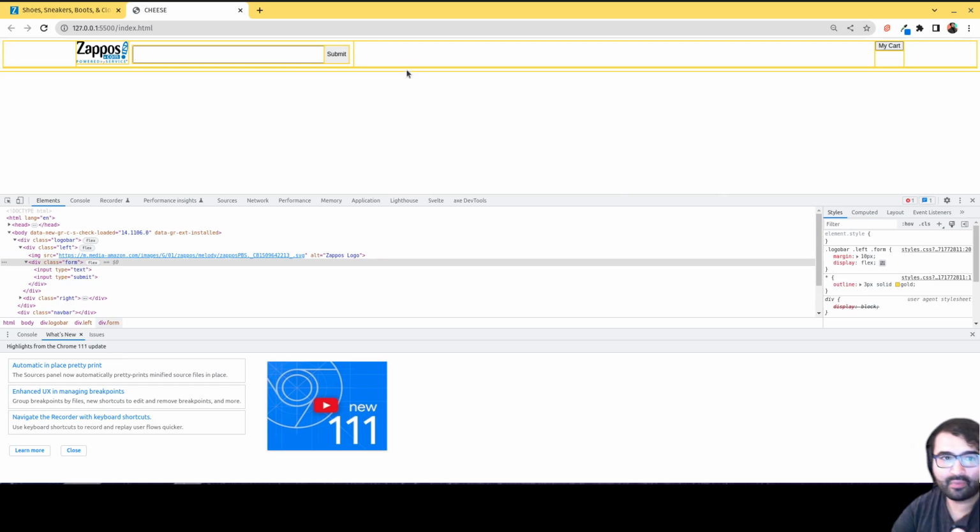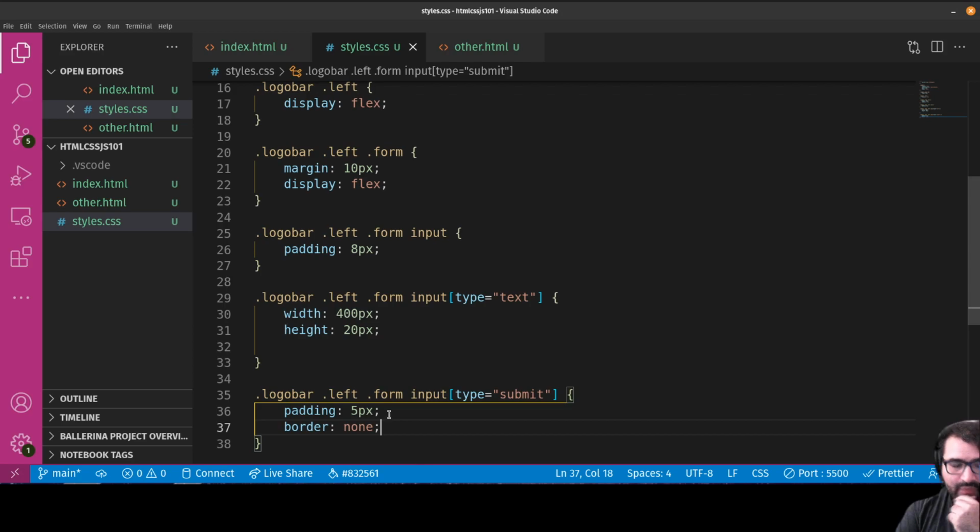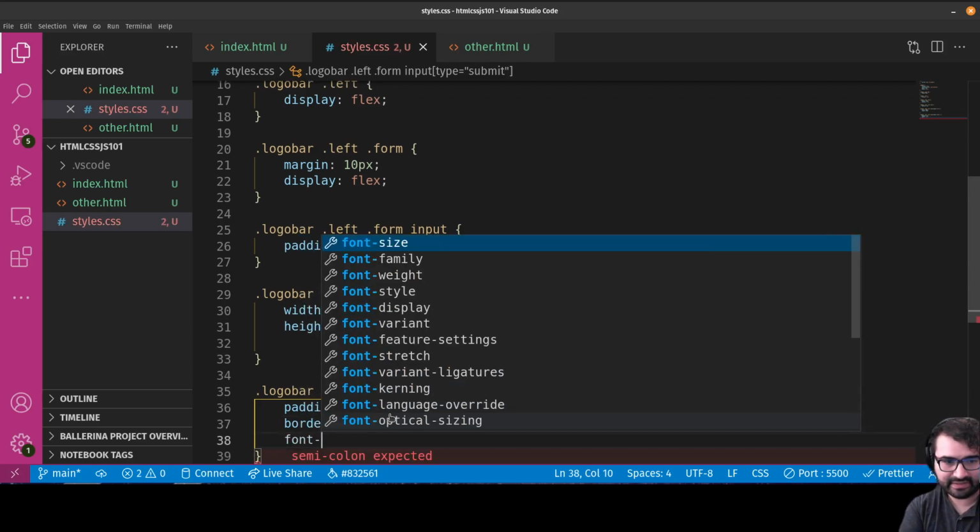And again, anytime I want to get rid of these yellow borders, I can just go over here in my inspect tool and just click it off. Okay, and you can kind of see the effect that's happening. Cool. Okay, and again, we can make the font a little bit bigger, so we can say font size,